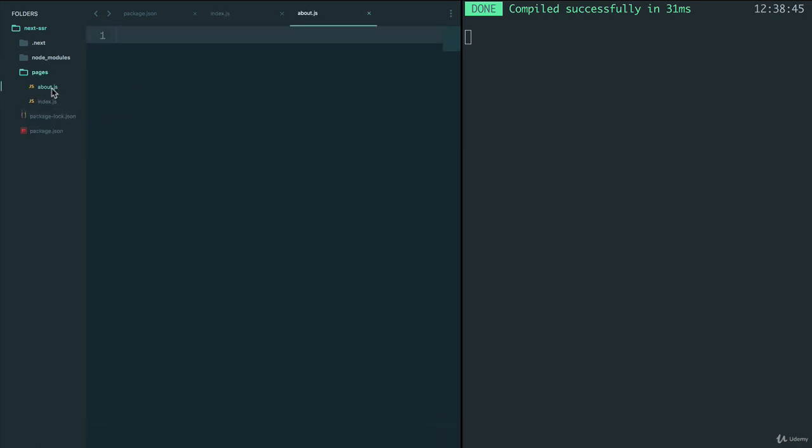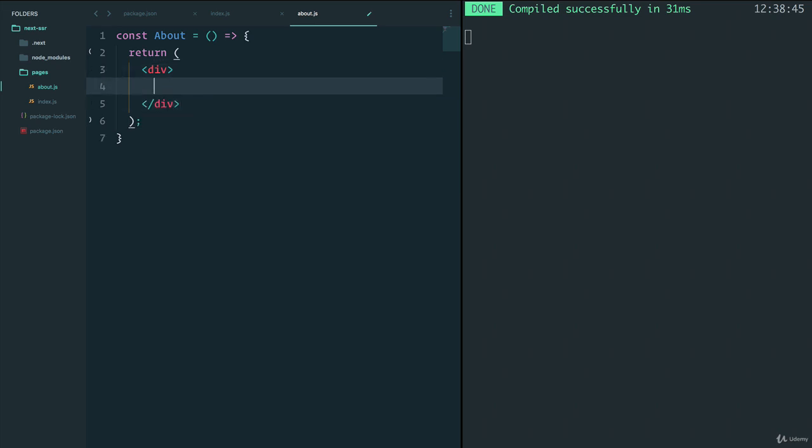And this about page, let's say we'll have same syntax. We'll call it about. And again, we're just creating a simple component here. And we're going to return another div. And inside of this div, we'll just have an h1 tag that says about. Very exciting web page, I know. Let's export default